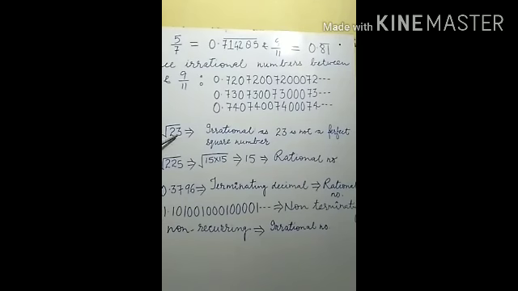If you find the square root of 23, its decimal representation by the long division method will always be non-terminating, non-recurring. If non-terminating, non-recurring decimals are there, then ultimately it is an irrational number. So different reasons may be there. Either say 23 is not a perfect square number, or the square root of 23 is a non-terminating, non-recurring decimal. That's why this is an irrational number.